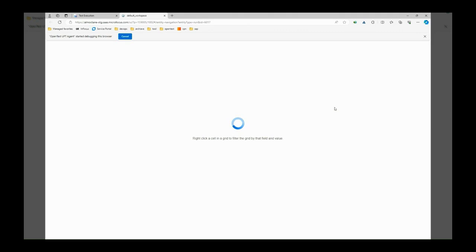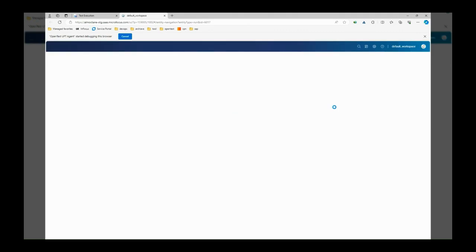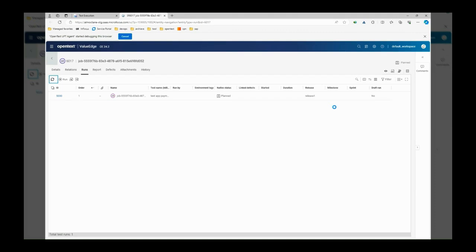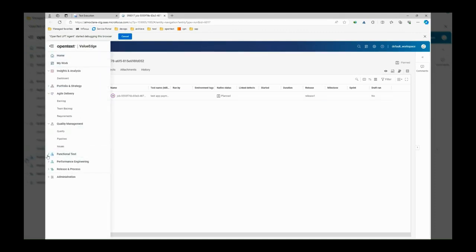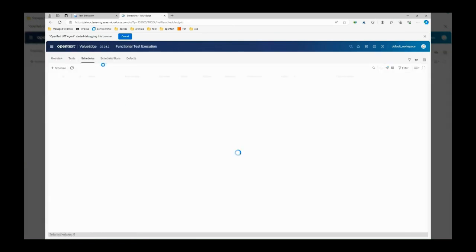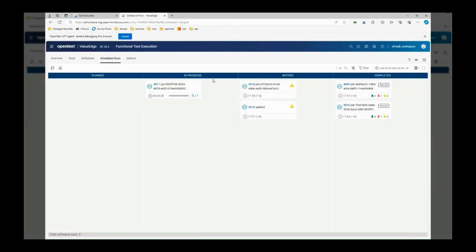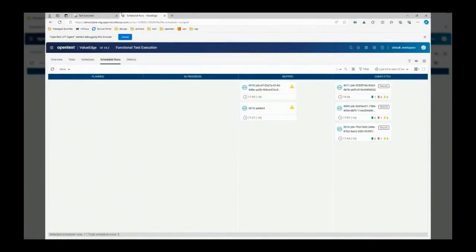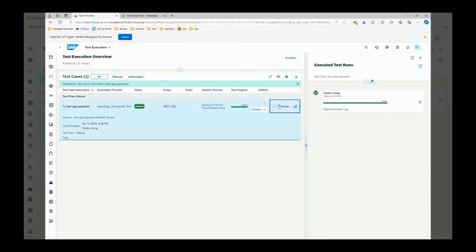So this will take us to the suite run and the automation run that's been created automatically. You can see a job number there, and then we've got the run. And if we go to the functional test section and look at execution, we can see what's in progress, completed, and if we time skip here, you'll see that's been executed, it's finished. We can now go back to